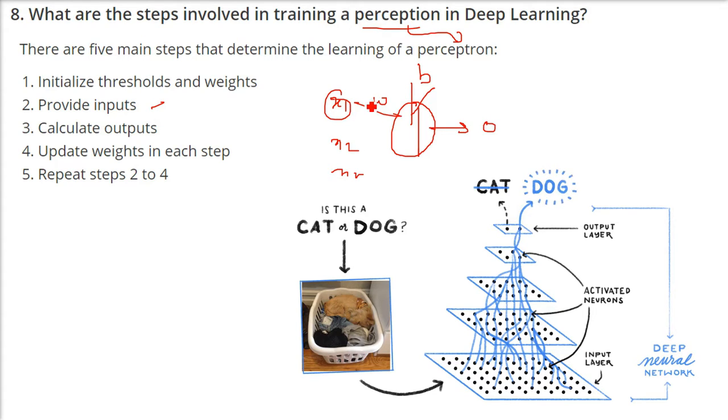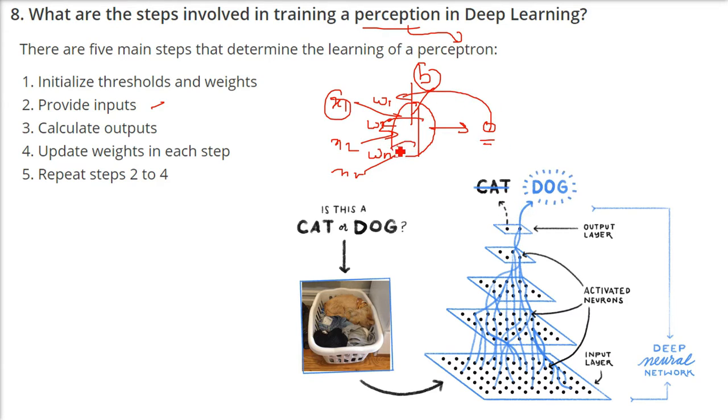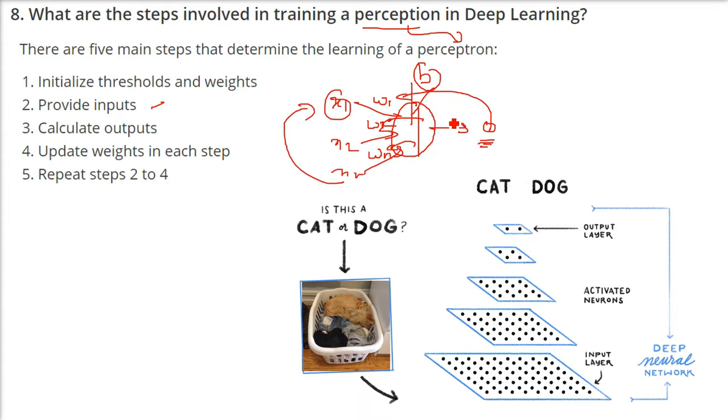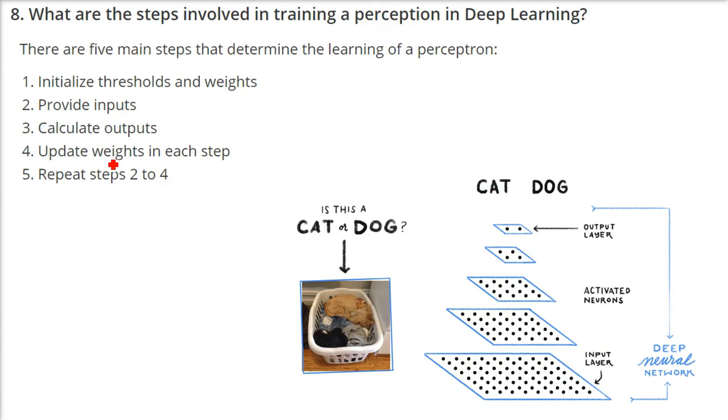You add bias when you multiply x with w: x1 w1 plus x2 w2 plus xn wn plus the bias, and then pass it through an activation function and some value will come. Now when you get the actual value, which may be different from the predicted value, the true value and predicted value may have a difference, then you send that value back that okay, you need to change the weights. This is done again and again. This is how you train a perceptron.